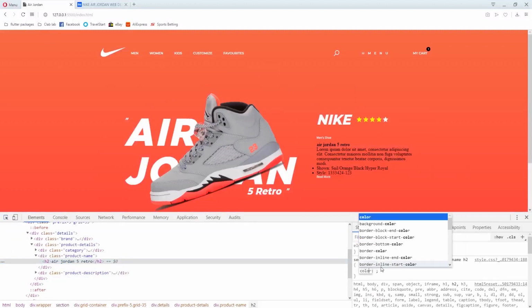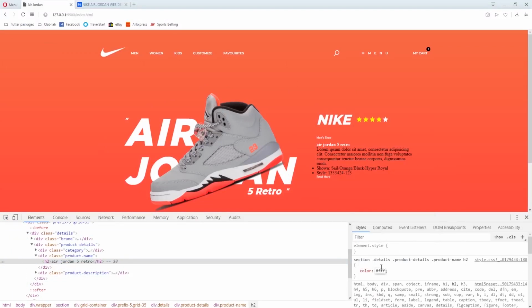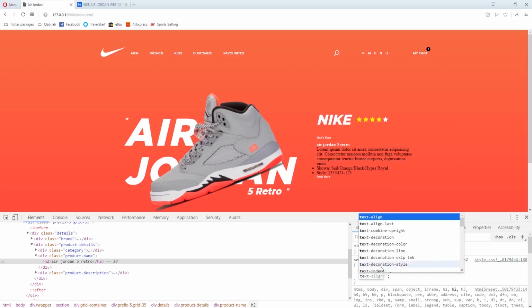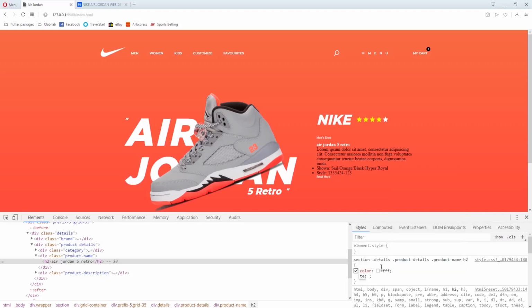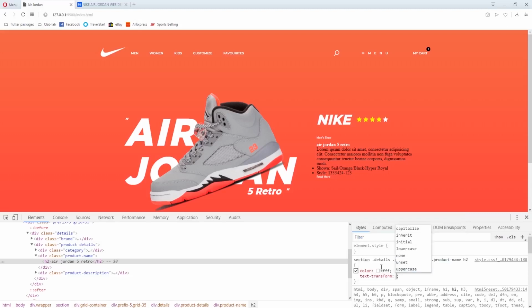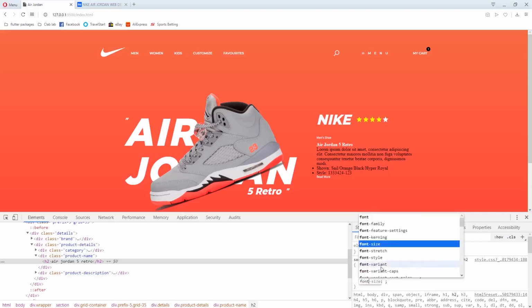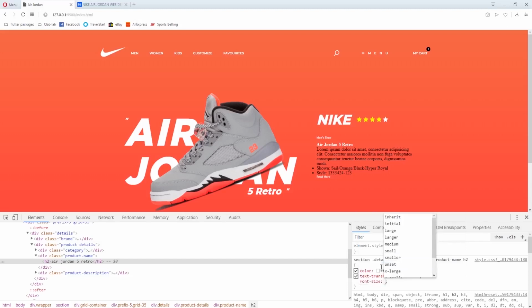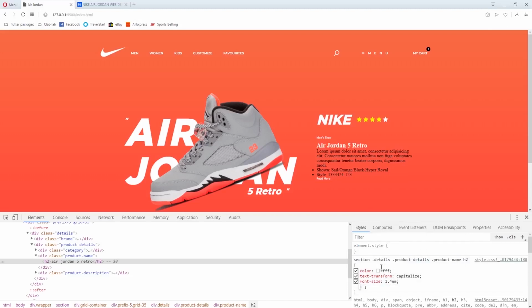I'll say the color maybe FFF, that's white. Then text transform. The downside to this one is I'll have to type completely, unlike when I'm in Visual Studio where it's easy for me based on autocomplete. So if you do not type completely here, you just lose your design.